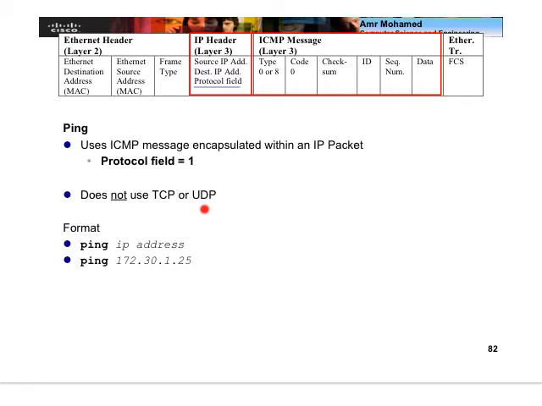So ICMP does not use any of the layer 4 protocols. It's actually layer 3. It's underneath the TCP or UDP, so it uses IP directly. The ping is actually a normal application, which when you say ping and then you specify the IP address, then the host itself will form an ICMP message in layer 3, and then it will send